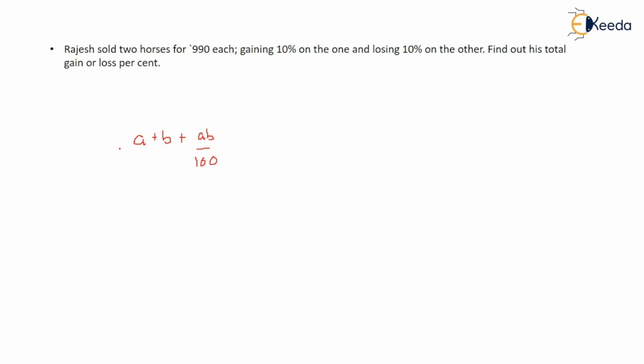Very simple formula. Whenever in compound interest also I am going to explain this formula, and here also I am telling you. Suppose they tell you 5% profit, so A will be profit, and B is 2% loss, so you take minus 2. This is how you need to remember this formula. Very simple thing. Now you can apply it. A, assume whatever they told, profit or loss. B also, assume whatever they told, and then A plus B plus A into B by 100. Very simple. Anyone can apply this.